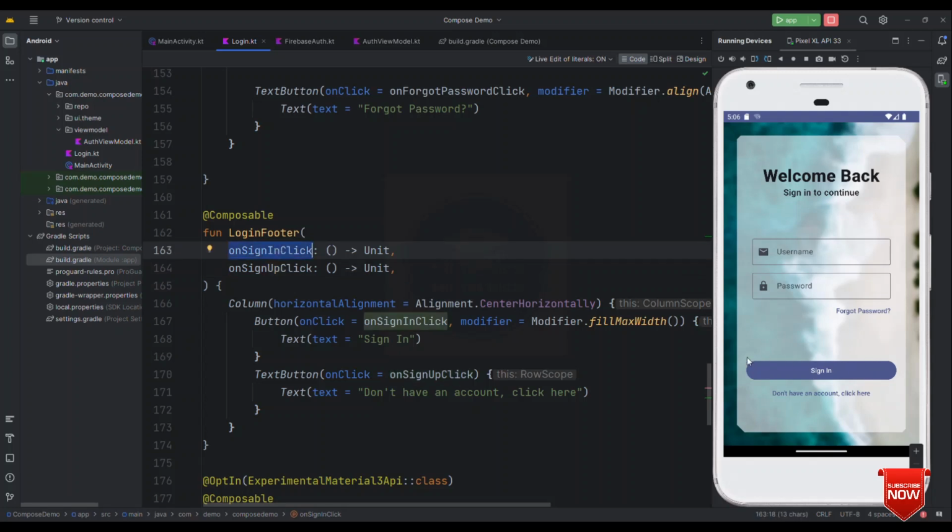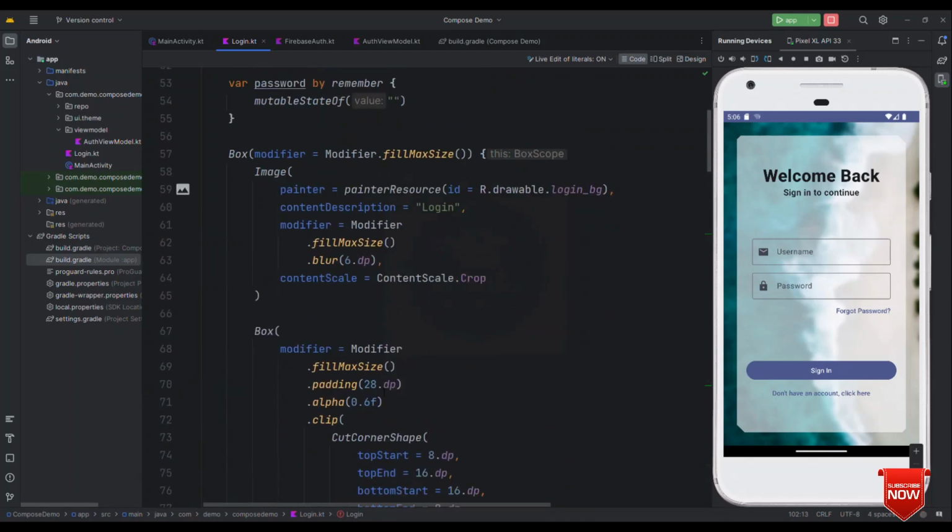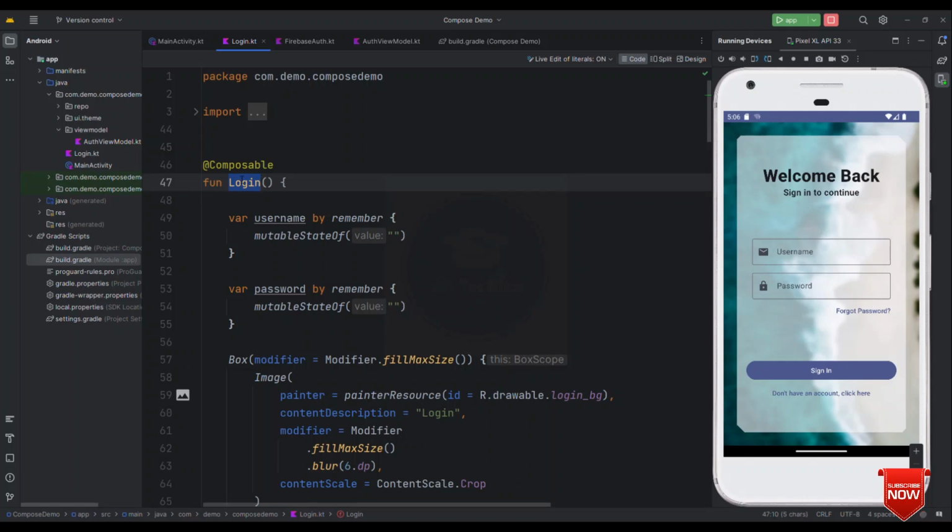So when the user taps on this sign in button, this will get triggered, and this is providing the result back to the login composable. So let's have our view model object defined as a parameter for this function. Let's say this as authViewModel